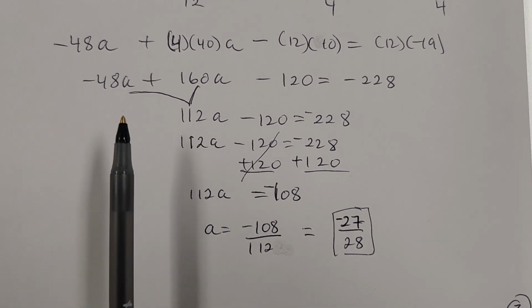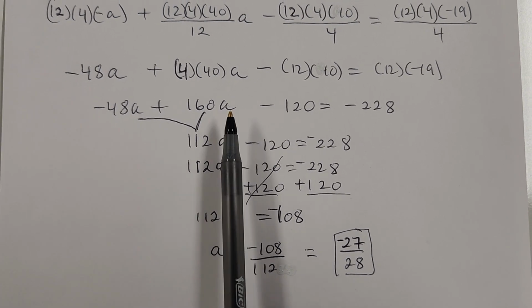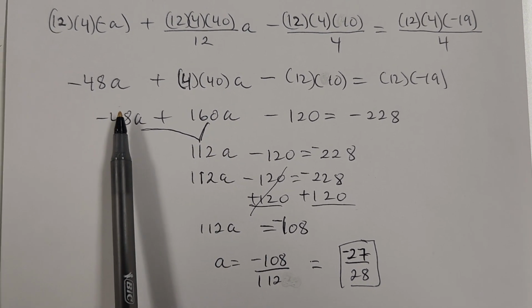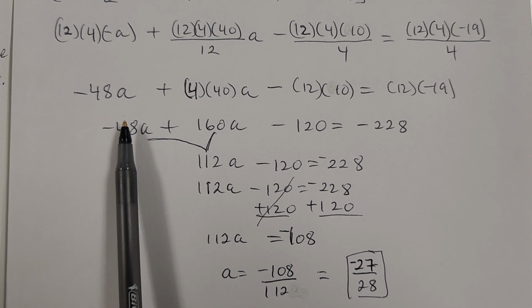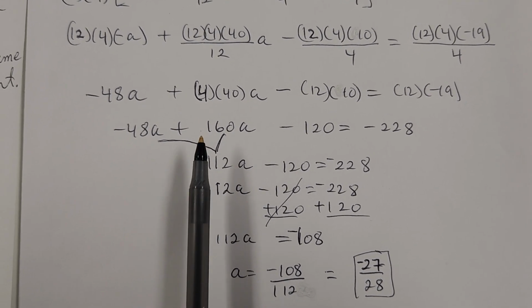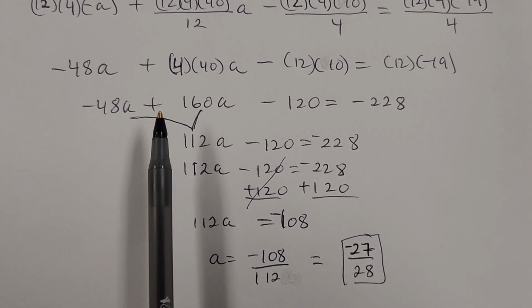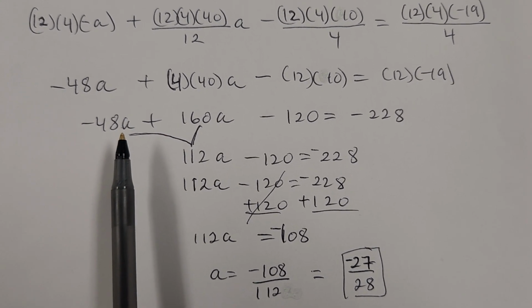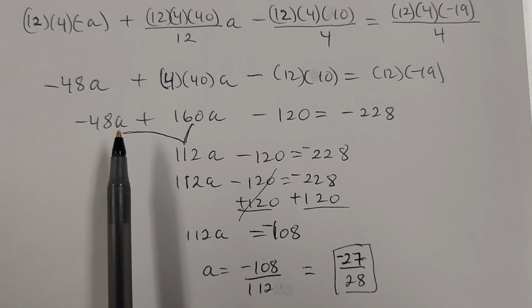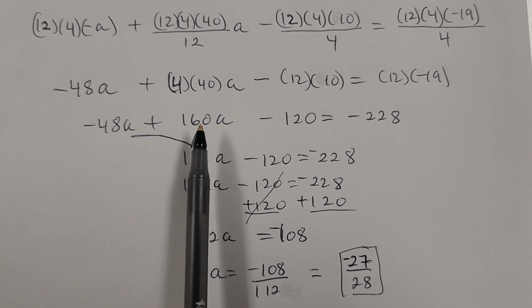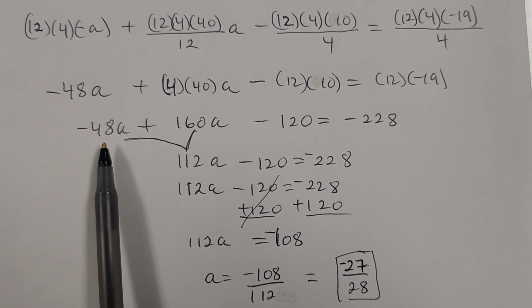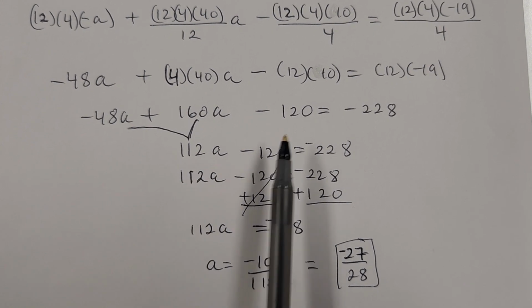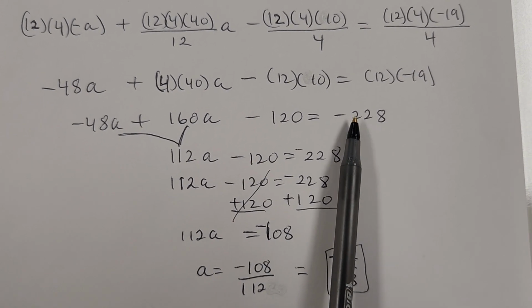Next step, we will combine like terms. If they are on the same side, just add them together. Do not change the signs, okay? One more time. If it's on the same side, just add and subtract them. Do not change any signs. So 160 subtract 48 gives me 112. Bring down the 120, bring down the